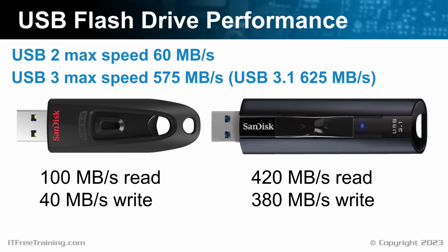The second USB flash drive is a high-performance drive. The read speed of this USB flash drive is 420 megabytes per second, while the write speed is 380 megabytes per second. Nowadays, I would only purchase USB 3 flash drives, as the performance of USB 2 is starting to show its age. If you're using a USB hub, you can have multiple devices all trying to share the same bandwidth, making the speed even slower. Keep in mind that just because it is a USB 3 does not mean that the performance of the flash memory will be good. However, generally, it is a good indicator.